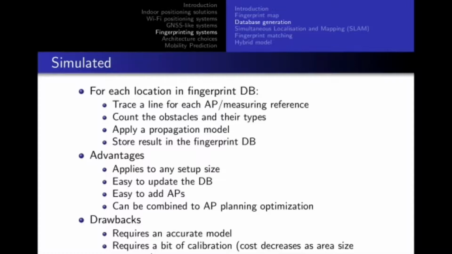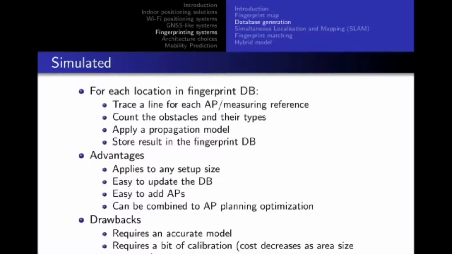The advantages of such kind of system is that it can apply to any setup size. Most of the propagation models are able to cover very large areas. It's easy to update the database, you only compute the changes.